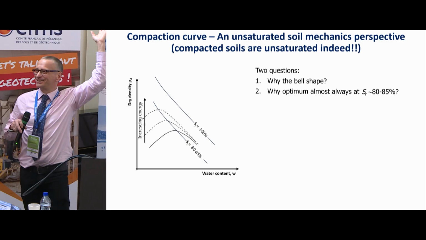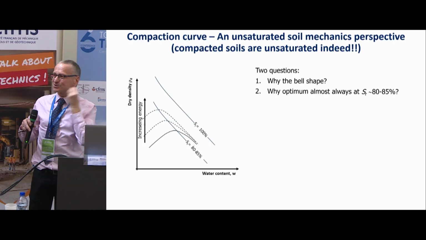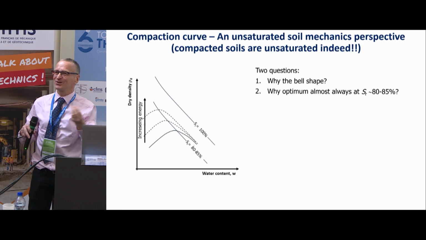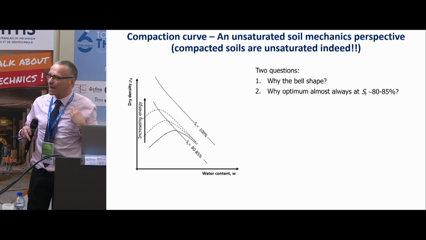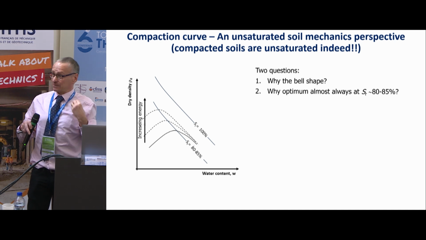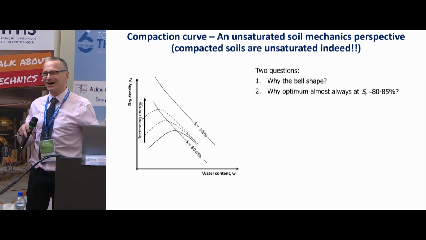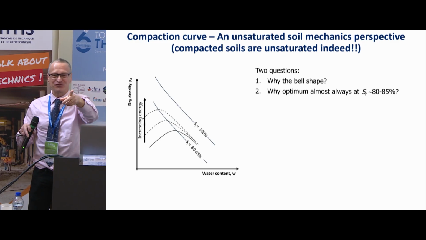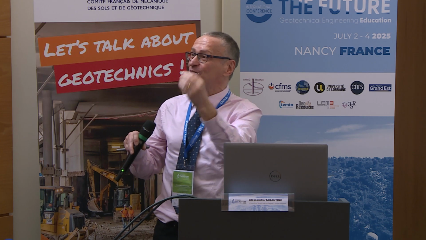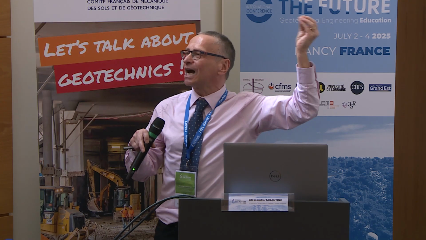Sorry, yesterday I was looking at the compaction story. The compacted soil is an unsaturated soil. You cannot compact the soil if the soil is not unsaturated. We are teaching compaction in the first year, and my bad, no one has ever told anyone that in order to understand compaction, we need to get the unsaturated. How can you explain the compaction without talking about unsaturation, partial saturation?